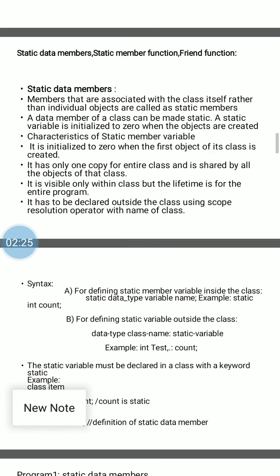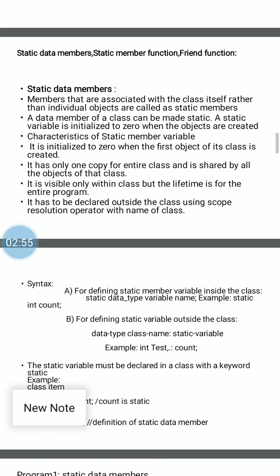Means in case of student class, suppose we create one static variable, that is count variable, and the count is automatically initialized with 0 when we create first object of that class.